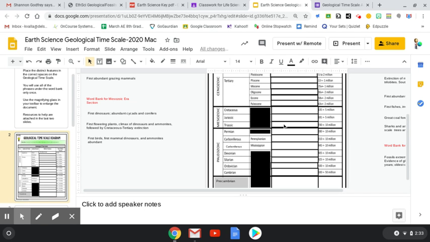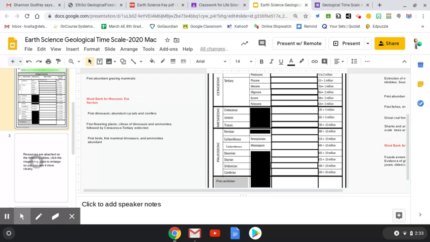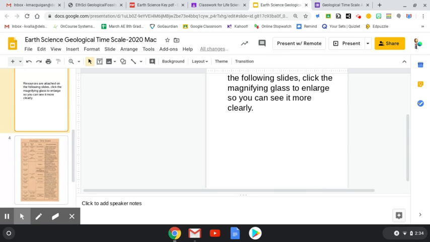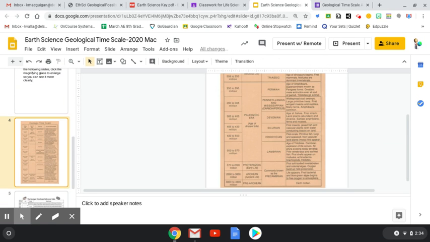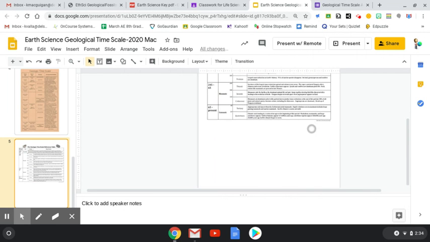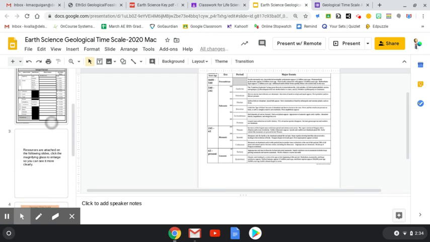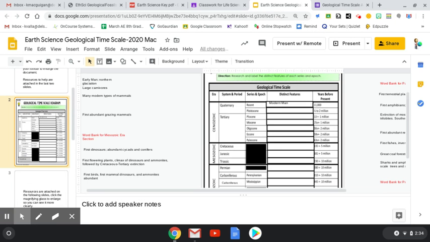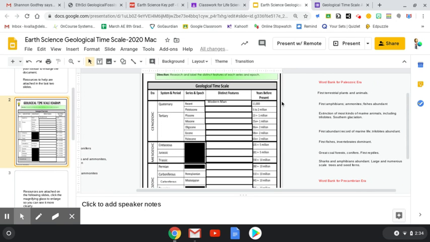Okay, so if you're stuck and you really don't know, then you're going to go down to these other 2 pages. These are resources for you, okay, that you can scroll through. There's one resource and here's another resource, especially if you don't have your notes. If you have your notes close by, you can literally just look at your notes and you'll probably come up with the answer a little bit quicker. So once you complete that activity, which should probably take you about 15, 20 minutes or so,